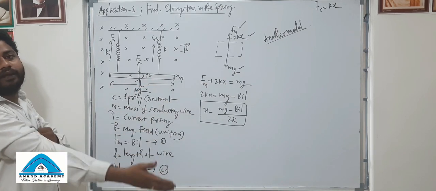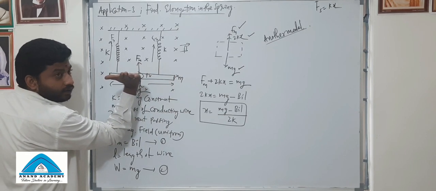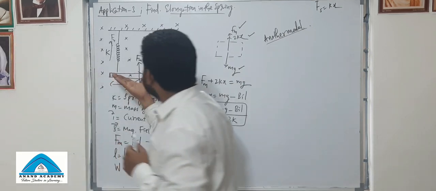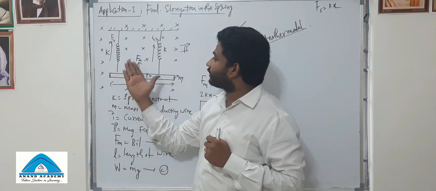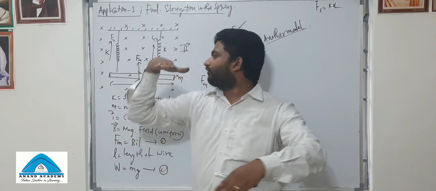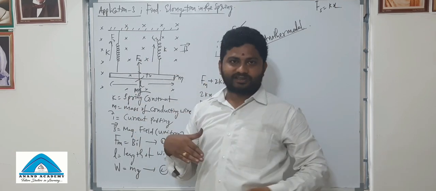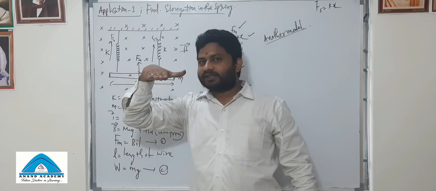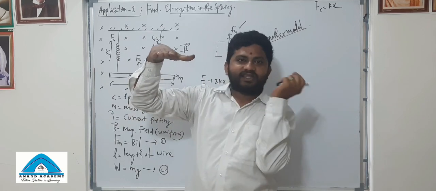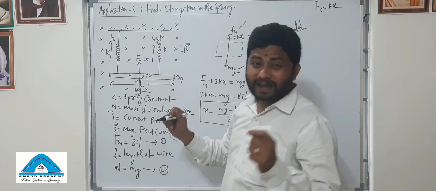You can use your right hand palm rule. See, the stretched fingers are in the direction of the magnetic field, and the current is moving in this direction. Carefully see, the current is moving in this direction. Stretched fingers are the magnetic field lines out of the plane. You see, on this conductor the force is acting downwards. I said alternate, another method: stretched fingers are the magnetic field lines moving out of the plane, and the current is in this direction, and the force is acting downwards. So this is the magnetic force acting downwards.